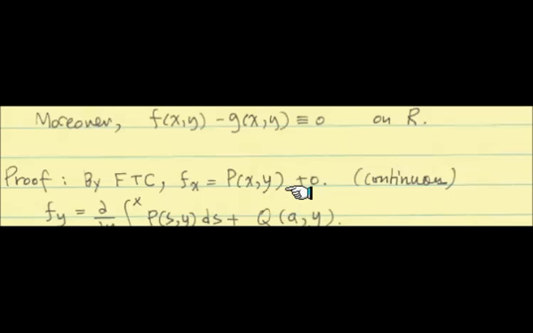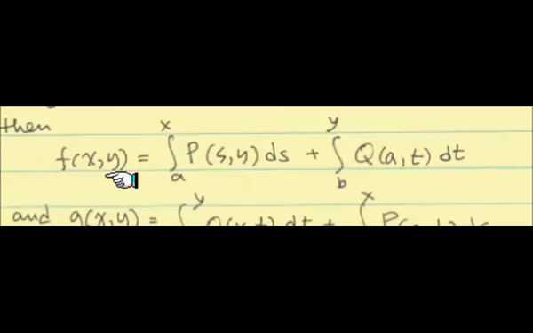So given p, q, the components of the vector field, we realize p as a partial derivative there. So let's look at the y part. Back to the definition again. This time we're differentiating with respect to y. That part is solely in terms of y, so the fundamental theorem of calculus nicely applies, and we can easily differentiate it with respect to y.